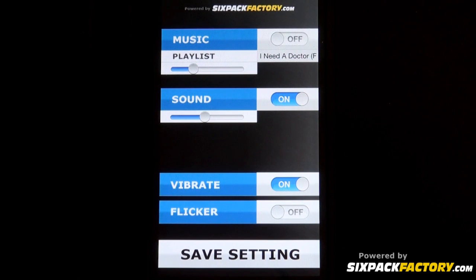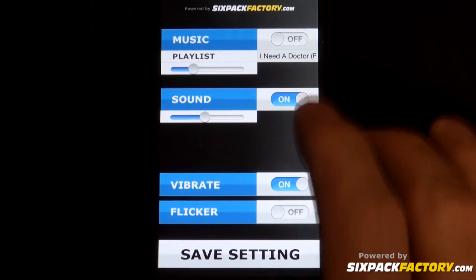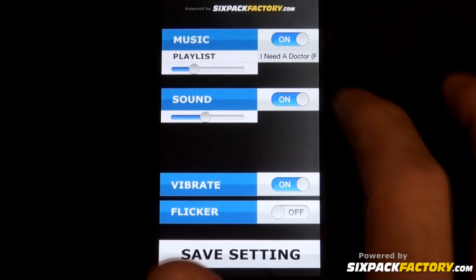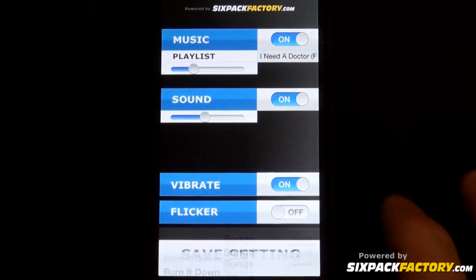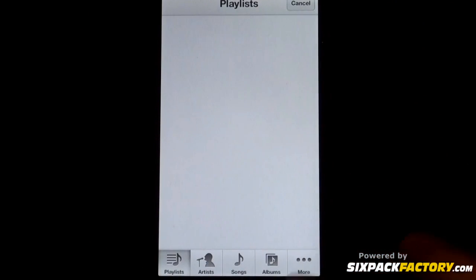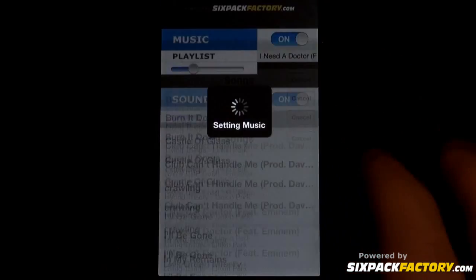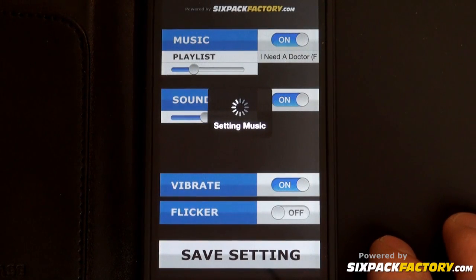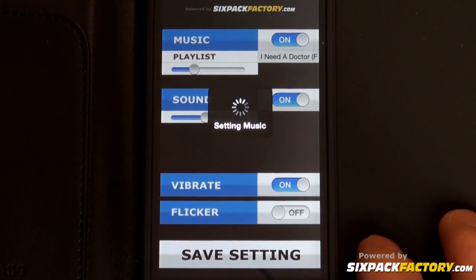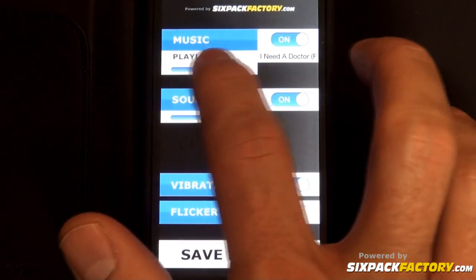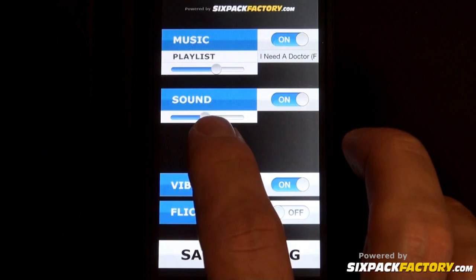Now at the top you can see music. A lot of people said they couldn't play music with the previous timer, so we've now incorporated it directly into the timer, and you can simply click it on or off if you want it, and then you can pick either a song or a complete playlist. Let's just stick with a song for now. There we go. And then you can also set the volume for that specific, how loud you want the volume